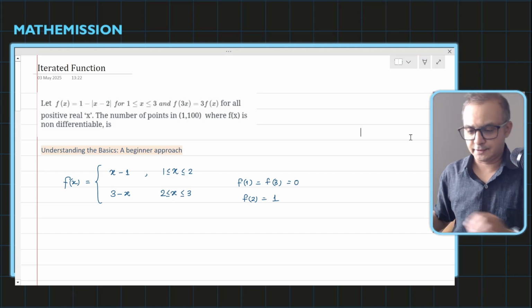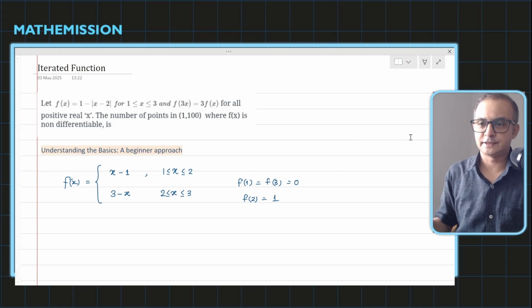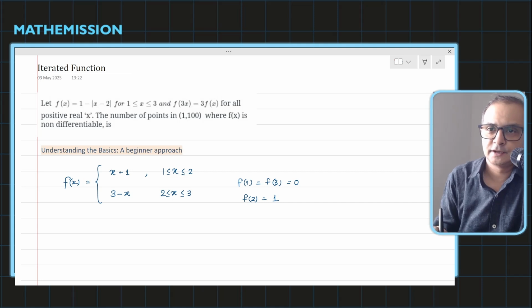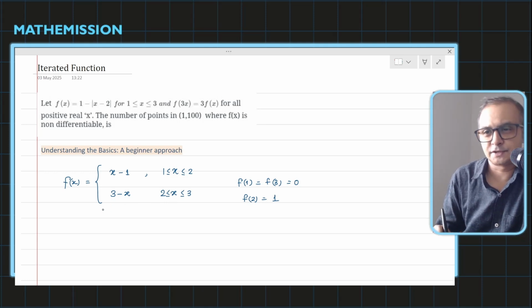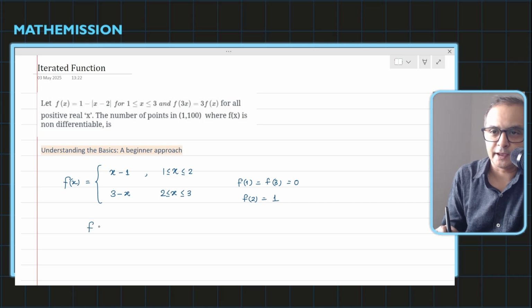So what we can think as a beginner, we can see that the function f(x) is defined in piecewise form in this way. When x is lying between 1 and 2, the modulus opens with a negative sign, so it simplifies to x minus 1. And this function will be 3 minus x when x lies between 2 and 3. So this is the base function we have, and we have to define the recursion first. I have already been given f(3x) is equal to 3 times f(x),